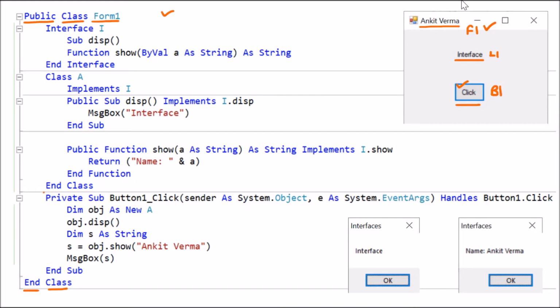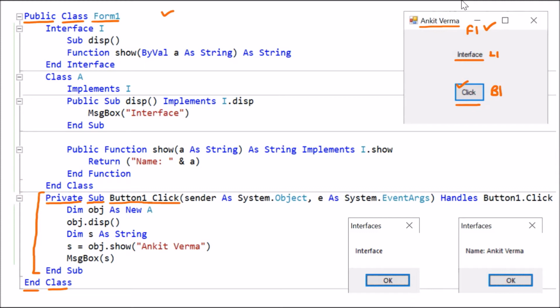And inside that, one procedure is created for the button because we have clicked on the button. So this is automatically created. Sub stands for the not returning type. That means it is not returning anything. Then button underscore click. So this is the name of procedure. Private, because this procedure is the part of form. The button cannot be accessed outside the form. That's why it is private.